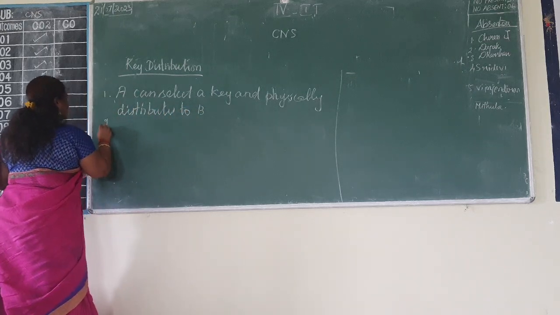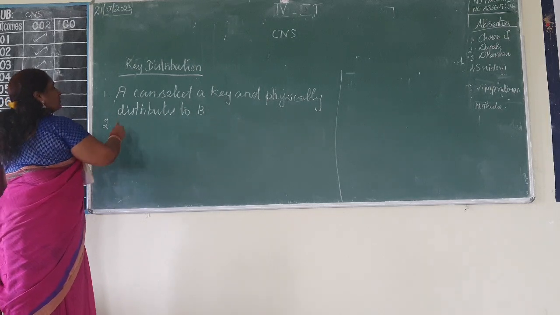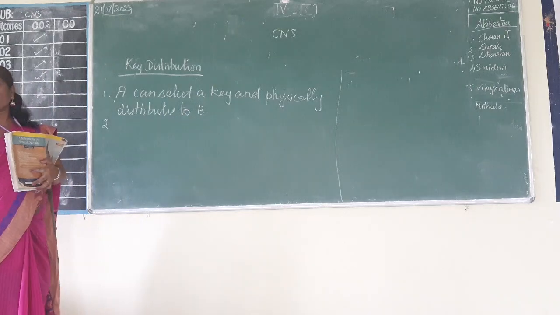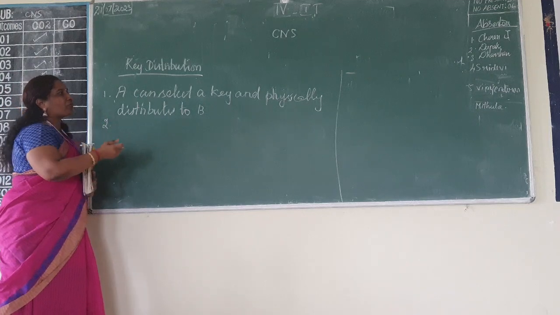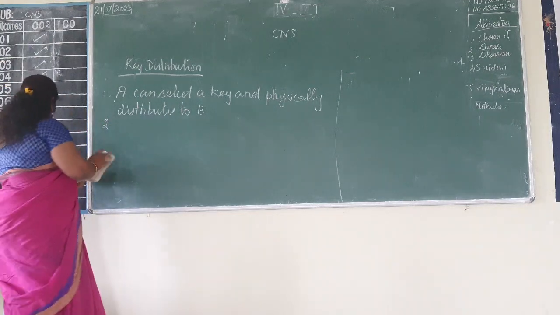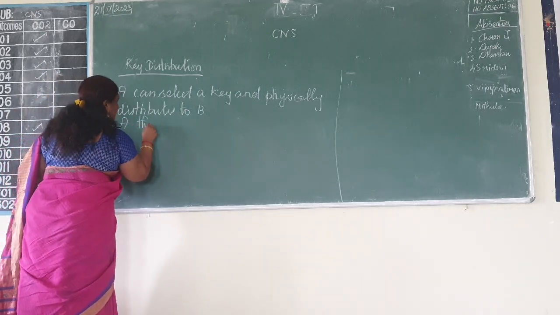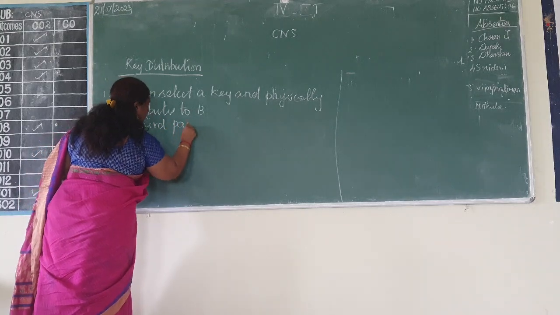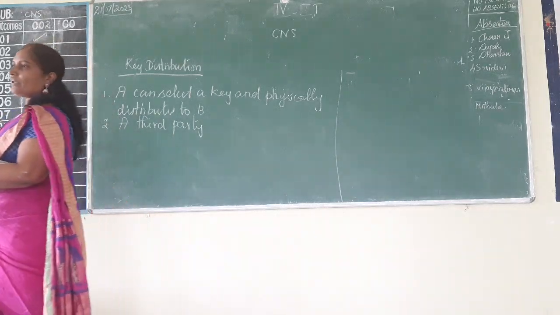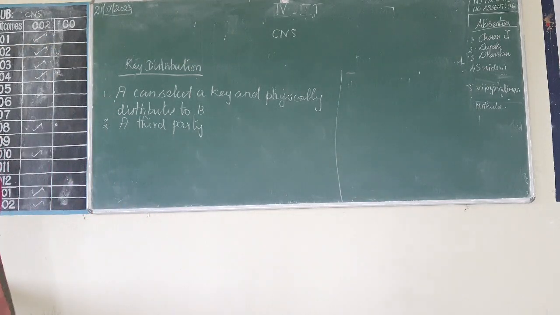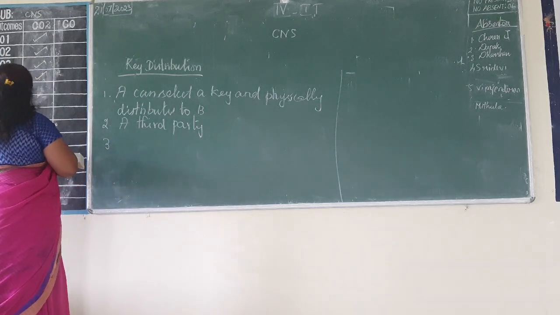So these are the basic methods. Second way, exactly reverse. B can, so we don't separately see that A or B both are in the communication. So whoever is creating or distributing the key, the problem will be the same. So what we are going to consider as a second method is a third party. A third party can select a key and physically deliver it to A and B. So this also is a manual process. Obviously, we may have some suspicion.